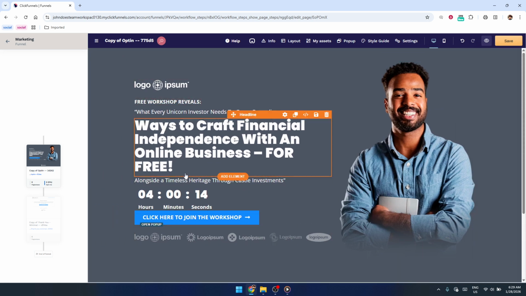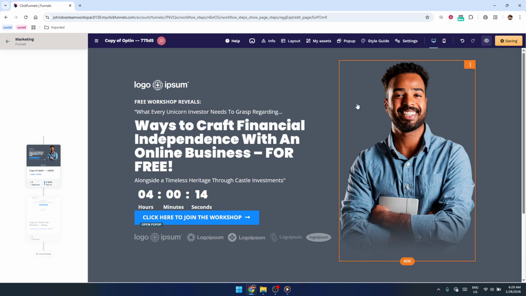After you're happy with how your countdown looks and is configured, make sure you click Save in the top right corner of the editor. This step is crucial, so you don't lose any of your changes. Once it's saved, your countdown timer is now live and ready to start driving urgency on your